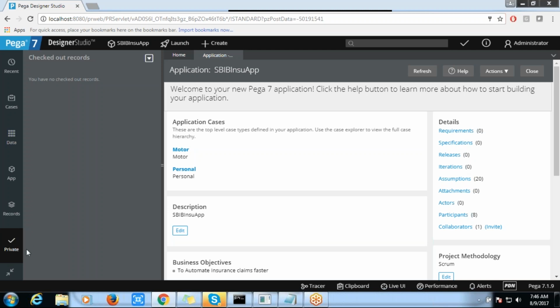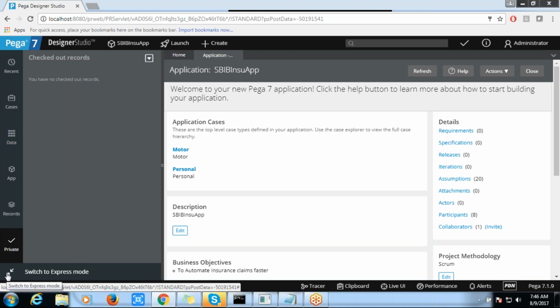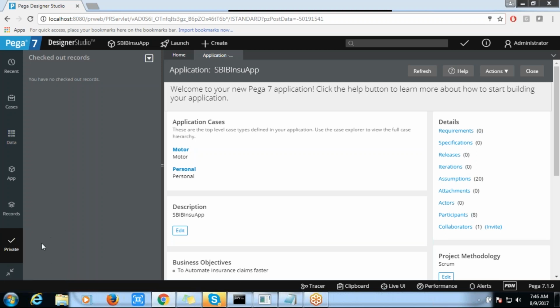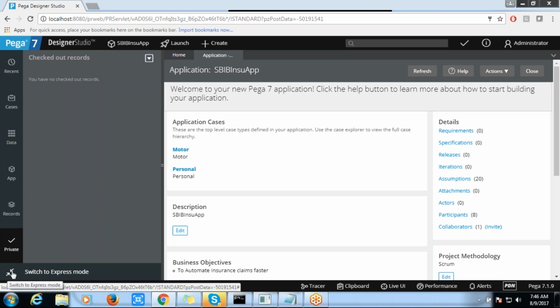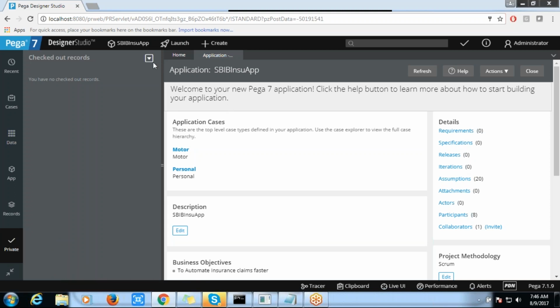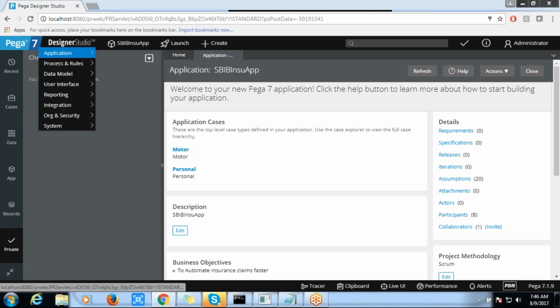So here, I said right, we are having the express mode. We are logged into the enterprise application. If you want to see the express mode, you can just click on that and it will take you to the express mode. And here we have the menu like Designer Studio. This Designer Studio, again, we are going to use for the application development related stuff. There are different things out there, we will see that.